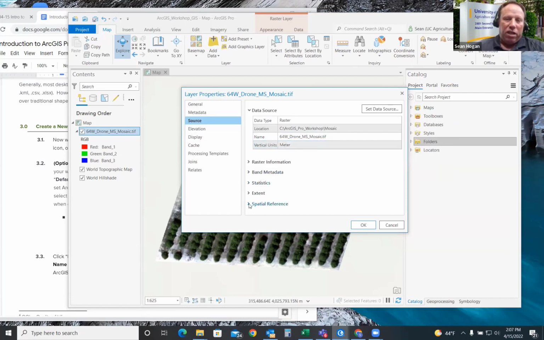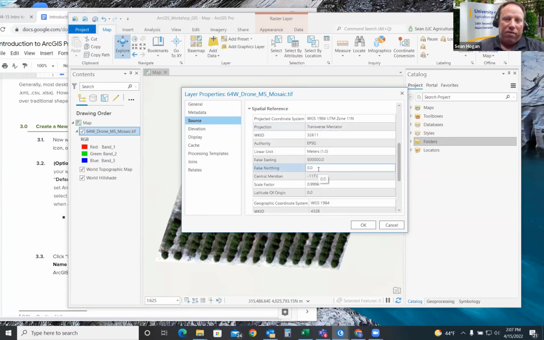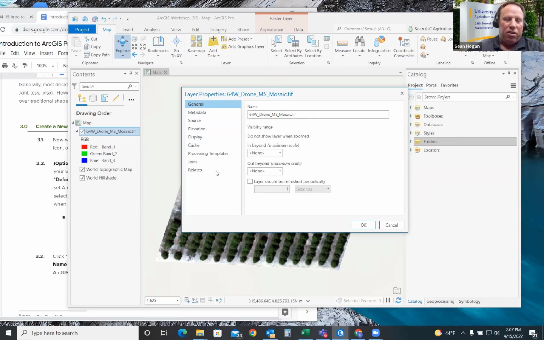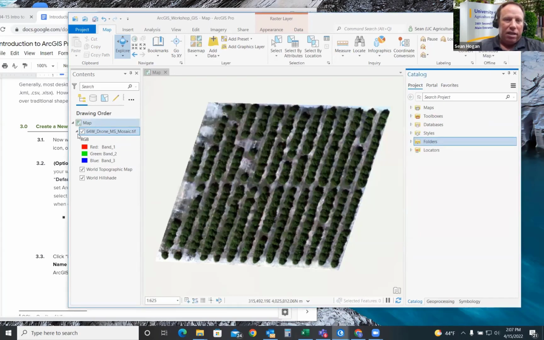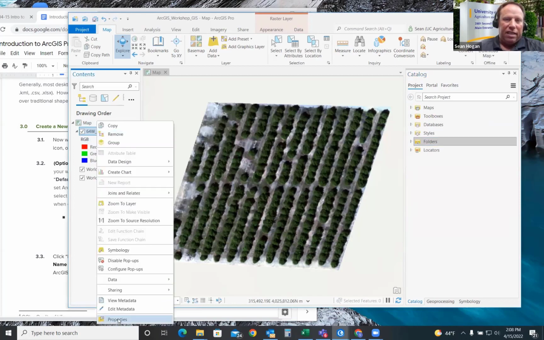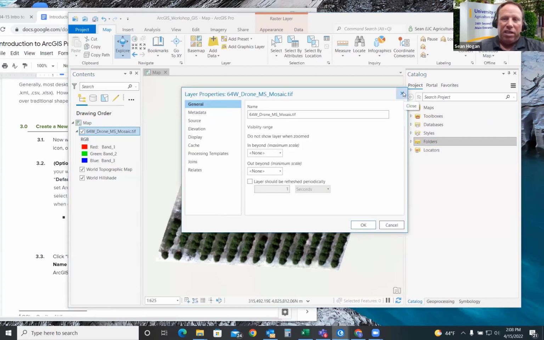But what you can do is look here to see what the spatial reference is. WGS 1984 is a datum, and Universal Transverse Mercator, or UTM zone 11 north, is the projected coordinate system. It says Transverse Mercator. I just wanted to highlight this so you can see that there's a whole bunch of options under your properties. If you right click on this layer, you can see this kind of information about your layer.